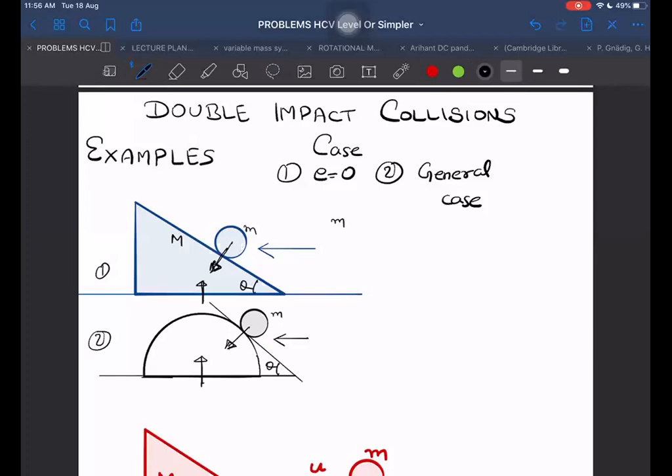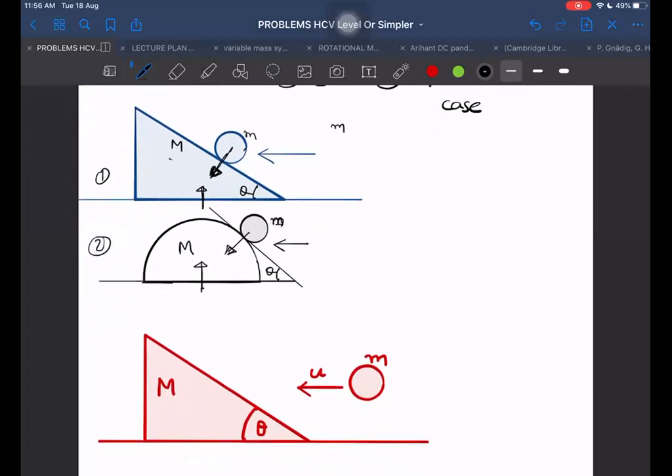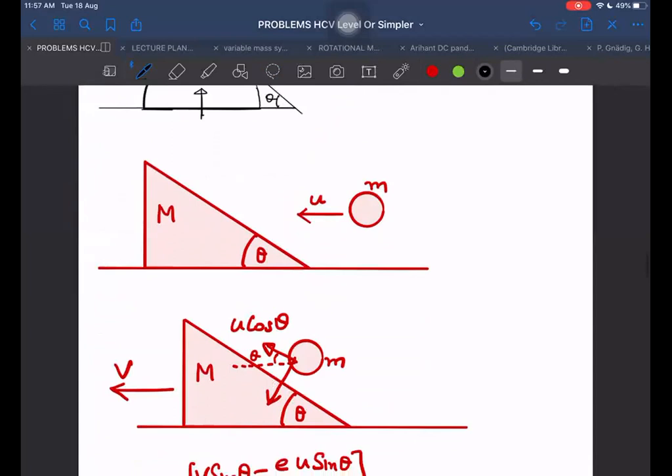Yes, sir. Because this mass is small m and this is capital M, it does not depend on the shape. It will depend only on the direction of impulse at that instant, at that place, how it collides. At that place, how it collides, it will depend on that thing, right? So if at that place it is colliding in the same way, then obviously these two cases are similar for me, and I can tackle both of these cases in the same way. So it doesn't even depend on all these things.